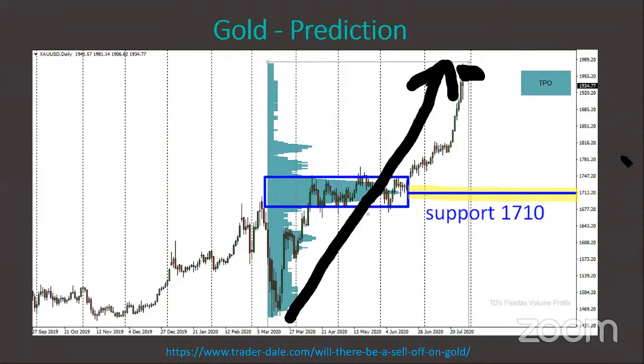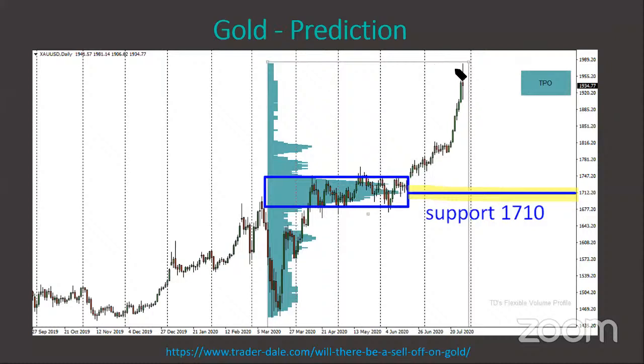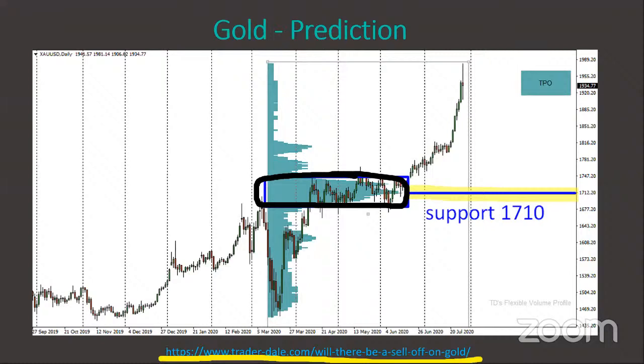So as I was saying, you need to wait for a pullback to heavy volume areas, because heavy volume areas are strong supports or resistance zones. So this one was a strong support. I was writing about it in this article, in this link. So you can also check this one out.